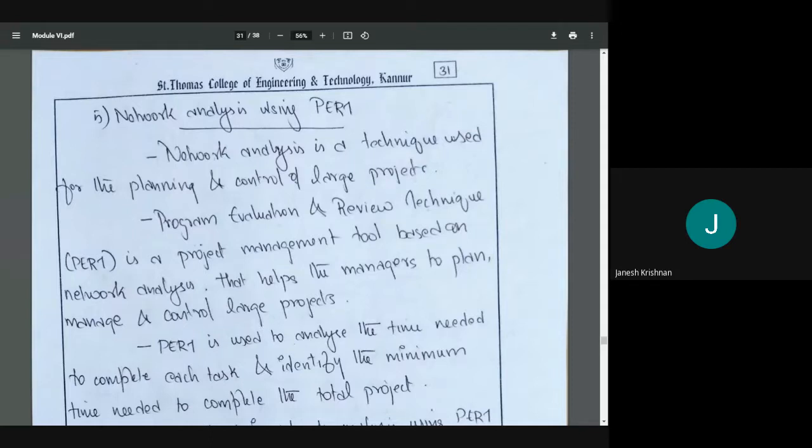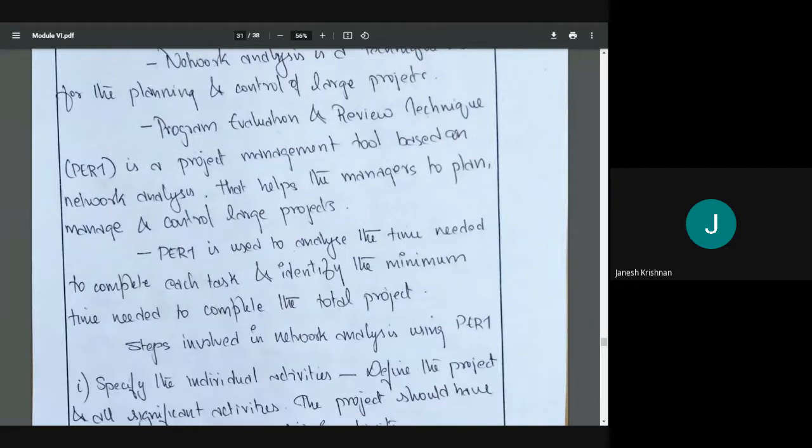Just understand what network means. It's the figure which we draw. You will draw these things. You'll have to do PERT. You'll do the analysis. Okay, so PERT is used to analyze the time needed to complete each task and identify the minimum time required to complete the project. In the first case, in the Gantt chart, we saw it is 25 days. And similarly, in this case,